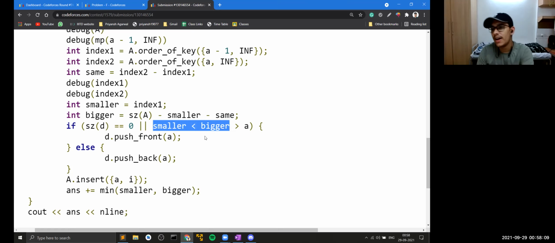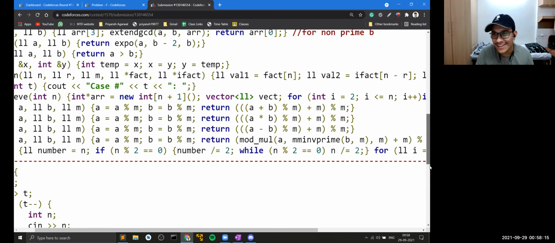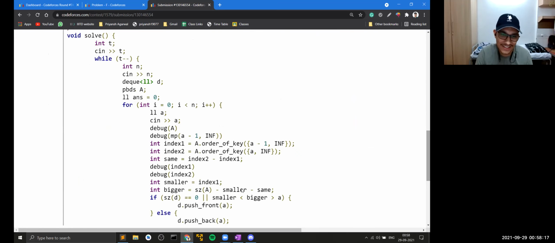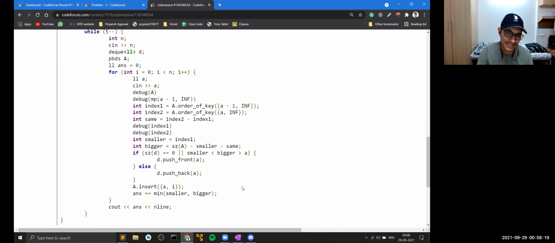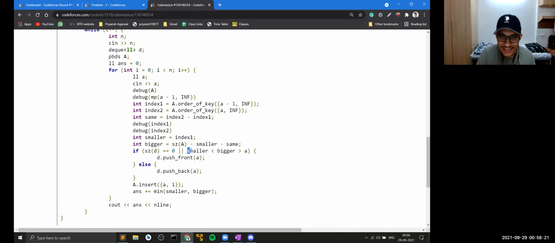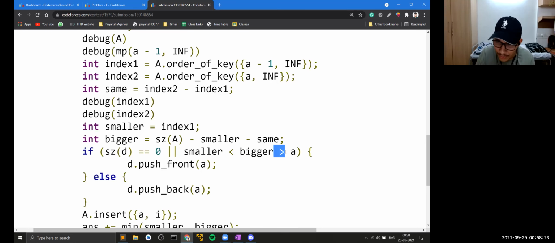Oh my god, this can be hacked. If you guys want to try, you can hack it. This definitely can be hacked. The thing here is that I am not sure how I put this greater than a here. I think I put it here because this was something I was using in problem E as well. So this greater than a I forgot to remove here.